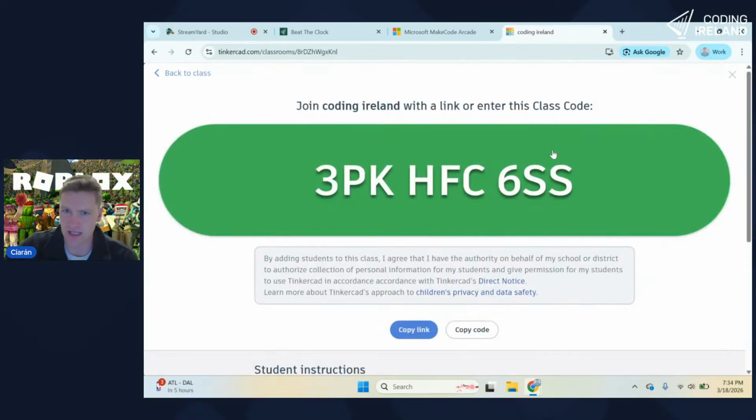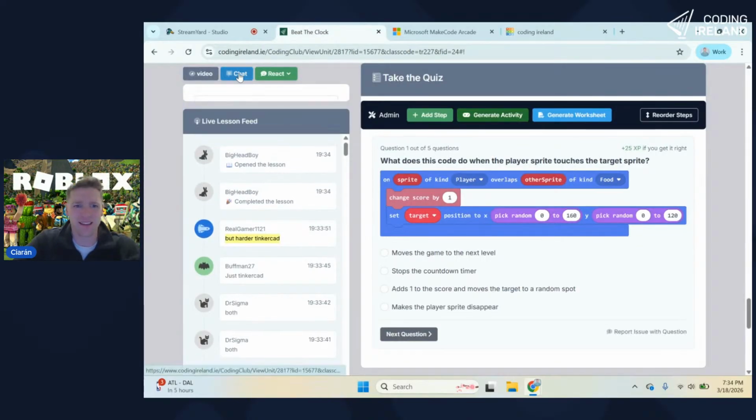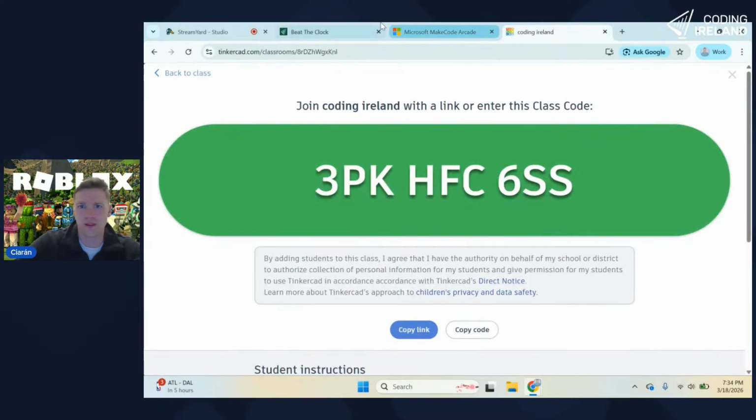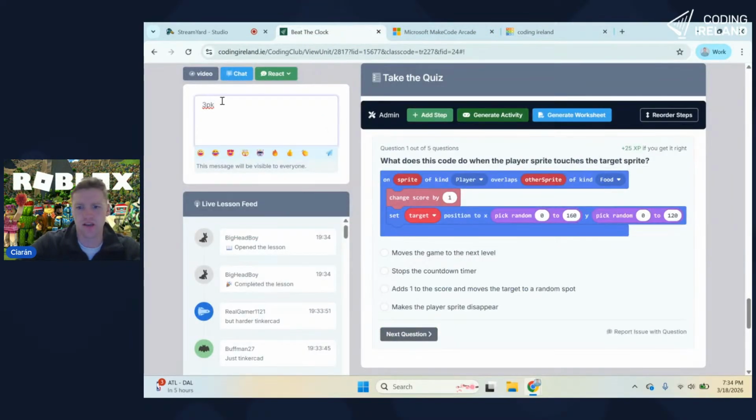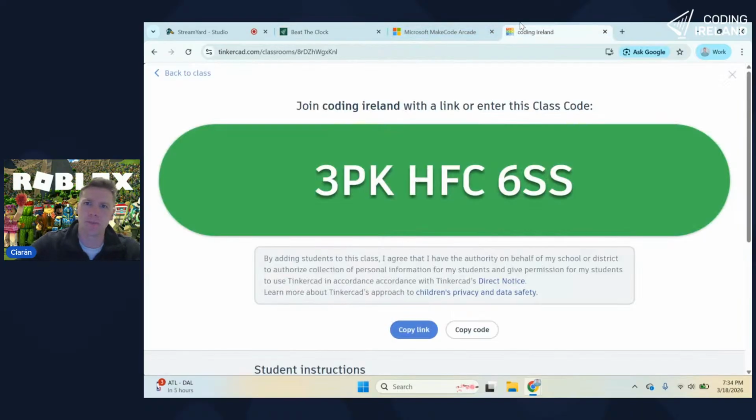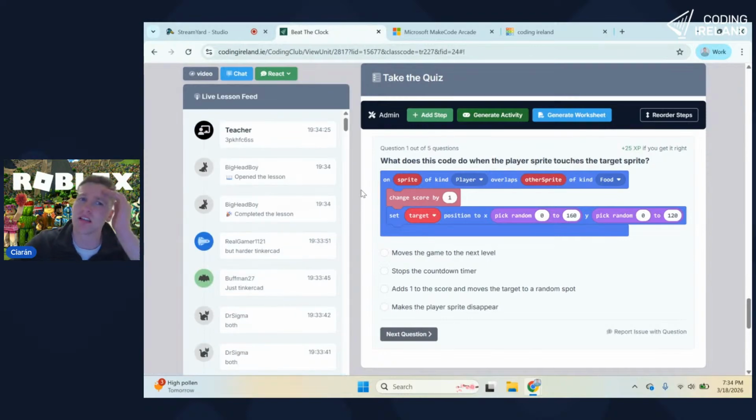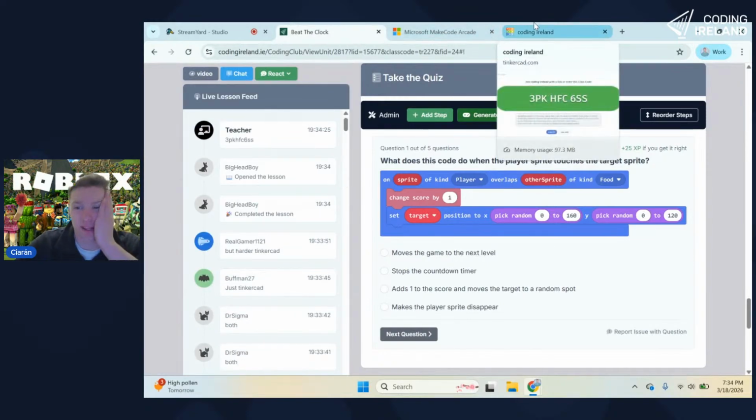The class link is 3PK H. Sorry, it's only me. 3PK HFC 6SS. That's our Tinkercad code. We will do, well, I think we'll do both because